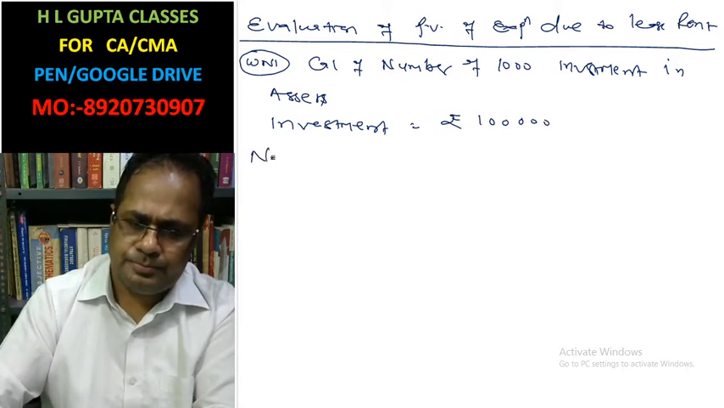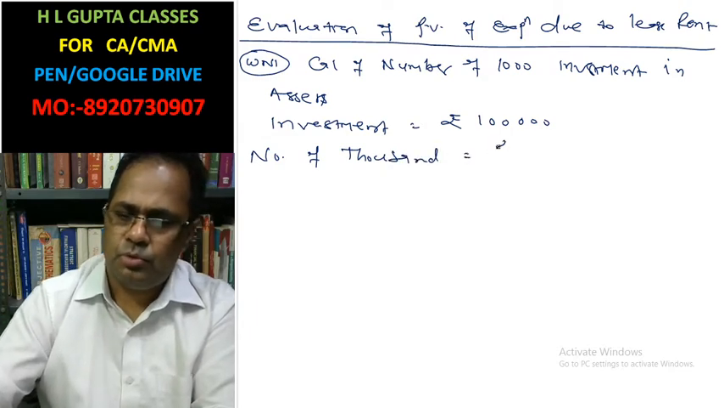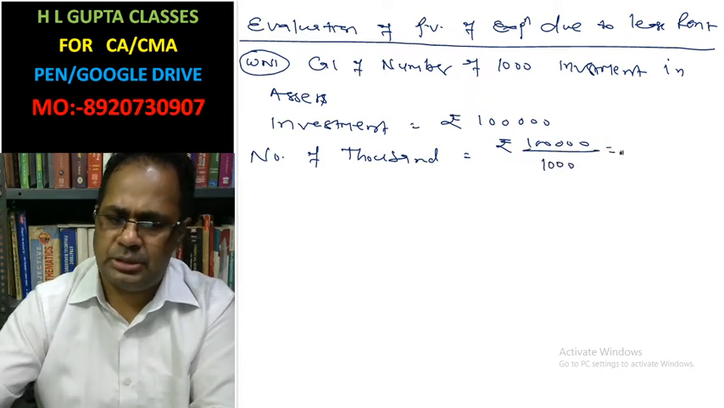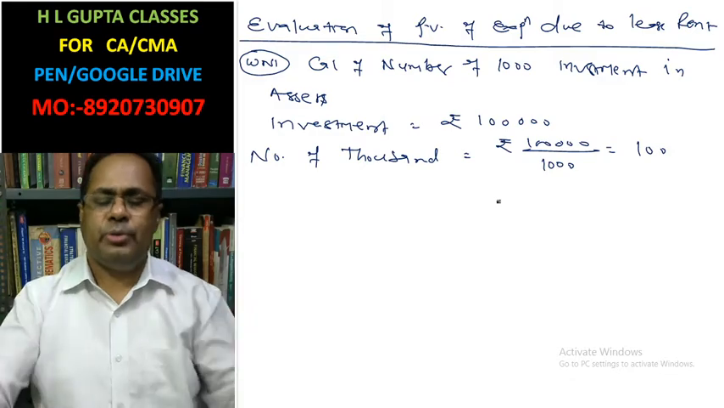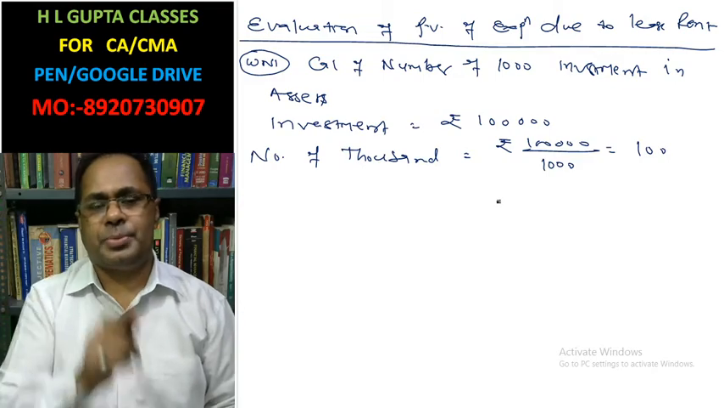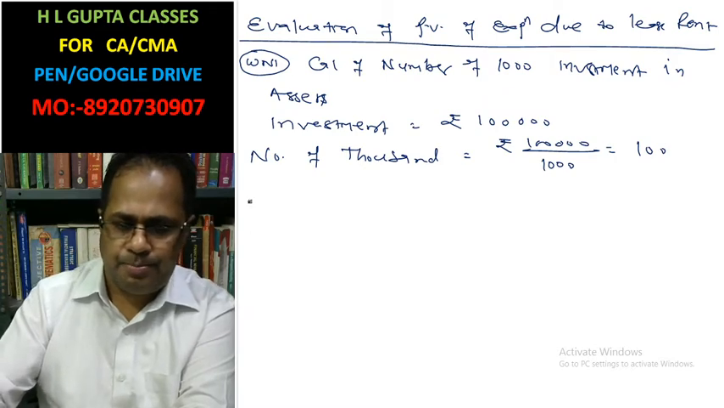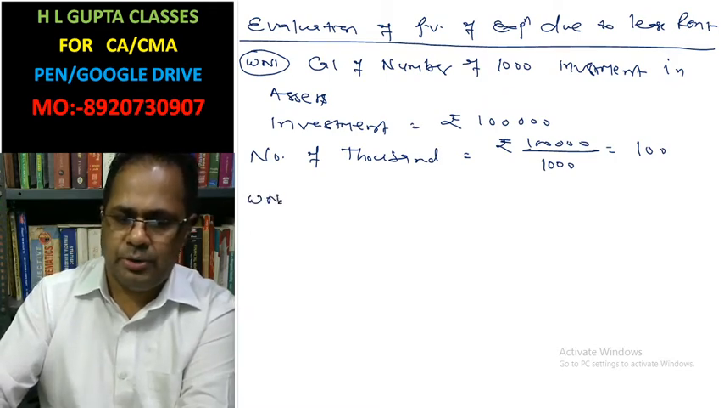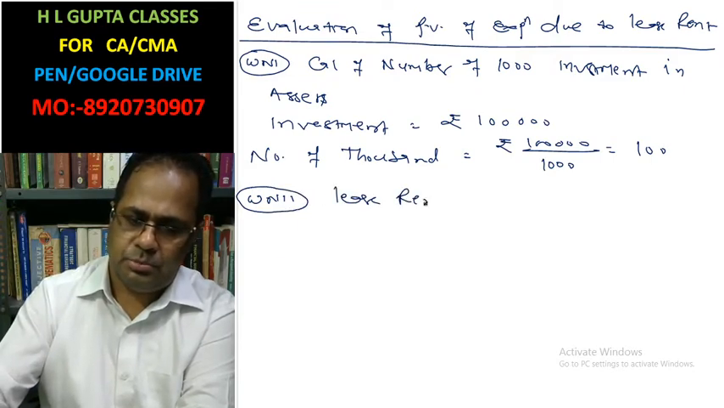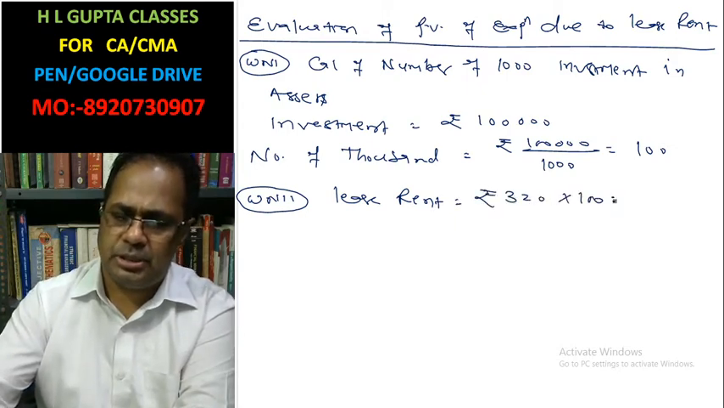Number of thousands: rupees 1 lakh divided by 1000, this is 100. Why do we need to calculate this? Because lease rent is decided at rupees 320 per thousand. Hence lease rent, working note second: lease rent rupees 320 per thousand, number of thousands is 100, that is rupees